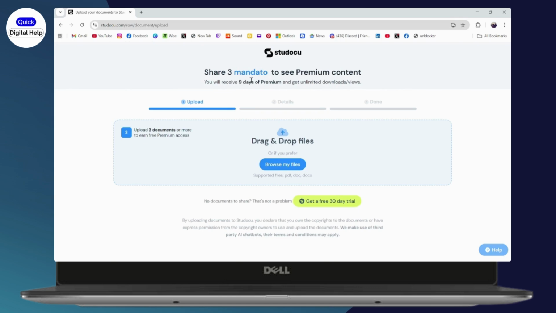And in my case, I have an option to upload 3 practice materials or 3 summaries, but it might be different in your region or in your country. It might be 3 or 5. So you'll find an option to share 5 documents such as assignments, practice materials, lecture notes, or summaries. By uploading these 5 documents, you'll receive 10 weeks of premium access. Or in my case, I have 3 documents to upload and I'll get 9 days of premium and get unlimited downloads